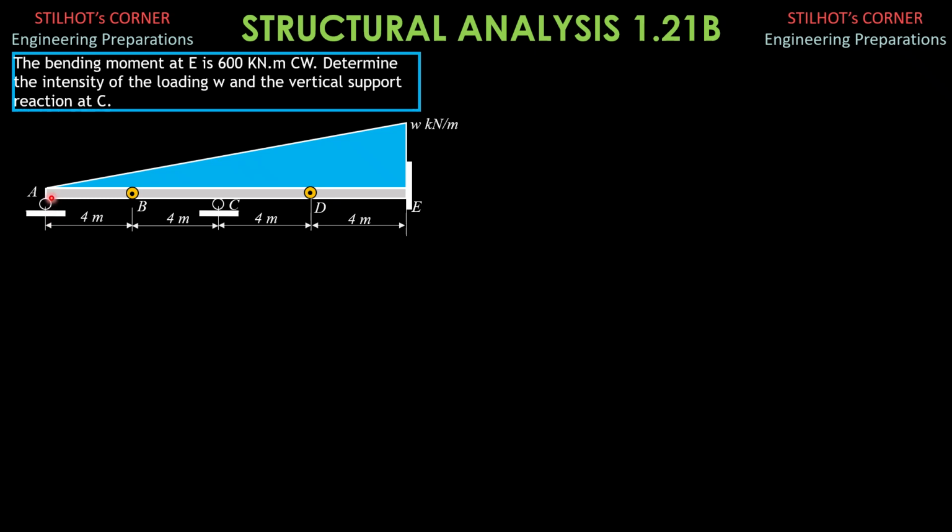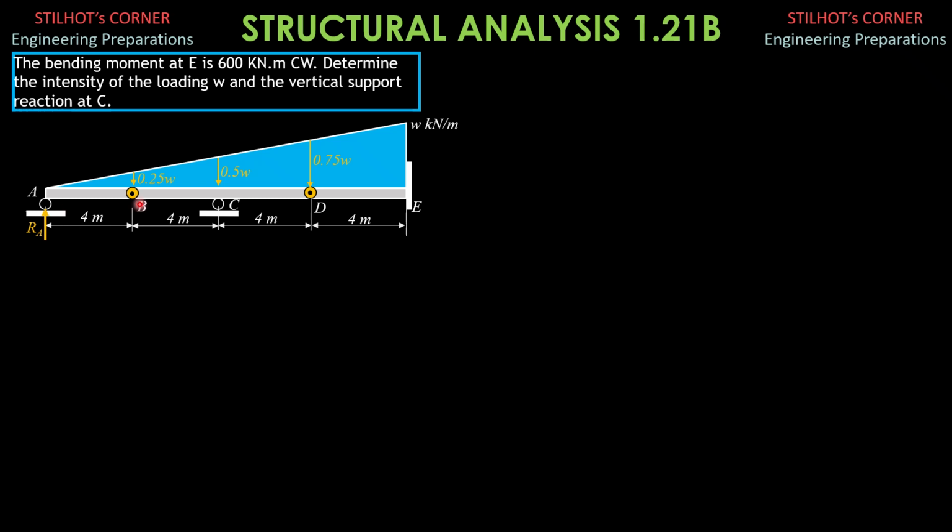We consider first portion AB and the intensity of the loading, because these points are equally spaced. So meaning to say at the center, if the maximum intensity is W, at C it is zero point 0.5 of W. So call that RA. Then this is 0.5 W, this is 0.25 W, and this is 0.75 of W. There's no need to apply similar triangles. So they are equally spaced, so equally graduated.